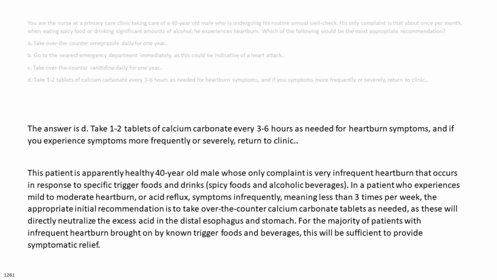In a patient who experiences mild to moderate heartburn, or acid reflux, symptoms infrequently, meaning less than 3 times per week, the appropriate initial recommendation is to take over-the-counter calcium carbonate tablets as needed, as these will directly neutralize the excess acid in the distal esophagus and stomach. For the majority of patients with infrequent heartburn brought on by known trigger foods and beverages, this will be sufficient